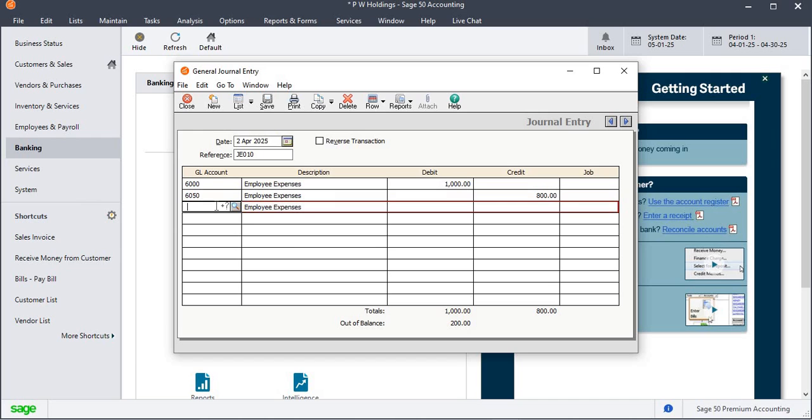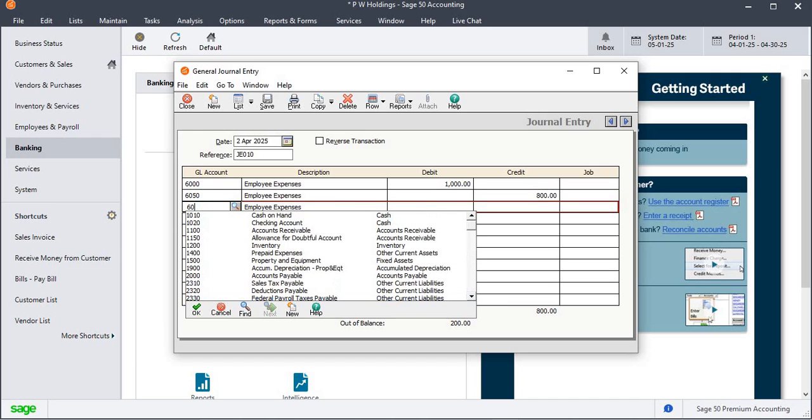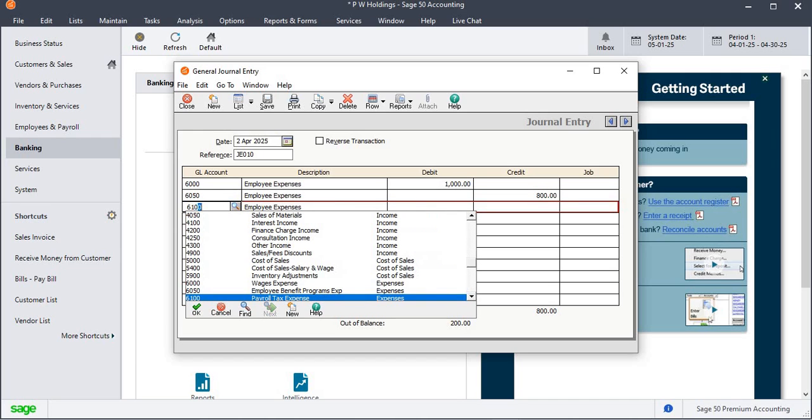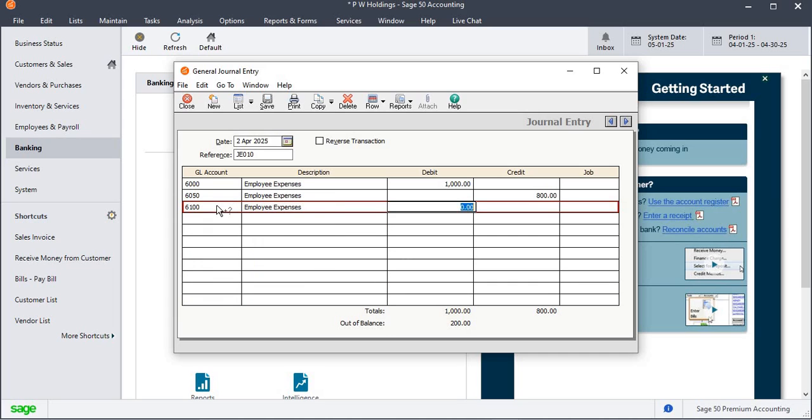Like this, you can select more than one account, and